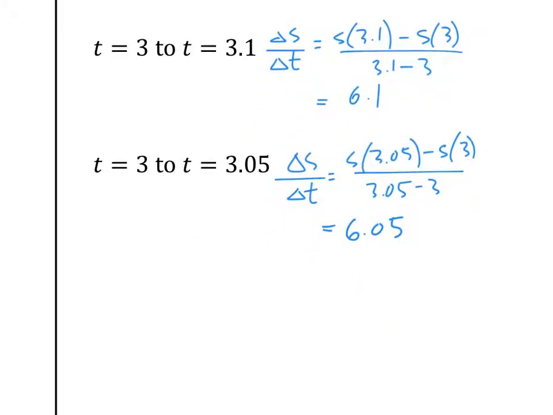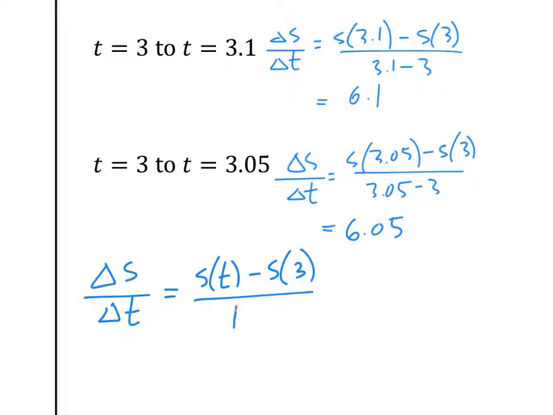Okay, so what are we actually doing? We are taking the change in distance over change in time. And what we're doing is we are trying to get to 3. We're trying to get to 3. And we are basically saying it's some t, distance at some t minus distance at 3 over t minus 3. We're basically calculating that average velocity, right? We're taking a distance at some time t, and then we're trying to subtract it with distance at 3 and so on.